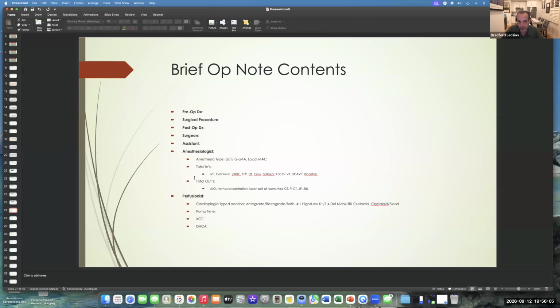What I do when I train people is I insist that as they go around, they write down all of this information, right? Because they need to have this checklist in your mind, not only because it needs to be included in your note, but the fact that it needs to be included in your note is indicative of the fact that you should be looking at this before they leave the room.